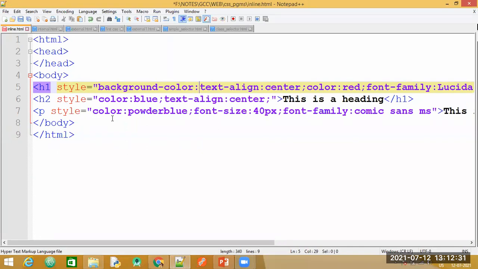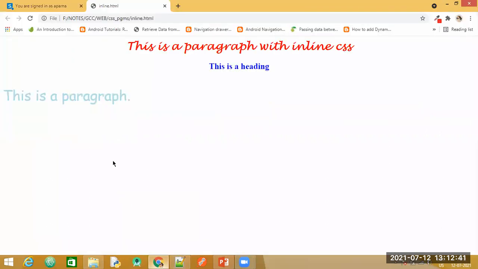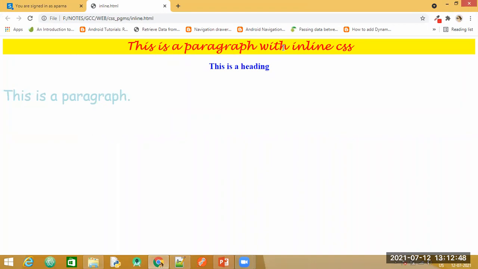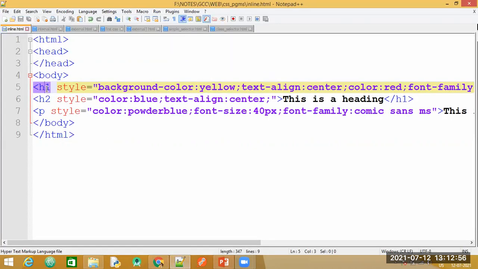Background color. Let us try to give the same color. Is it correct? Observe for which element we are getting the background now. We are getting the background only for the first element. Which is the first element? The first element in our program is the H1.